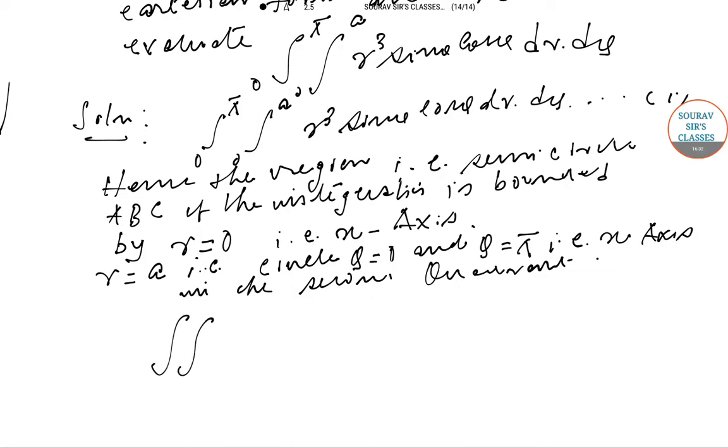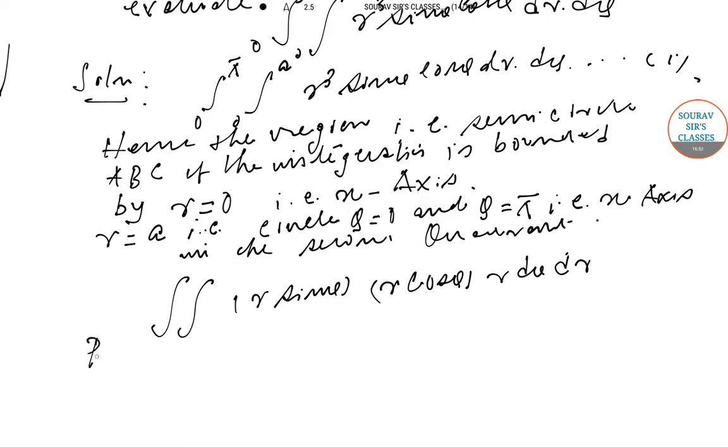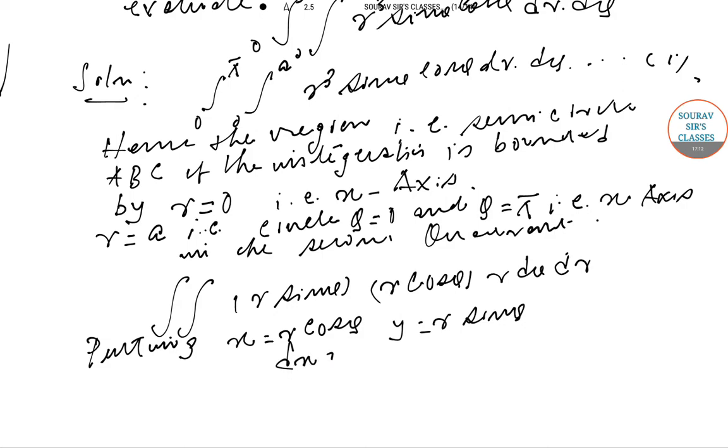So that gives us something like this: r sin theta, r cos theta, dr. Putting x is equal to r cos theta, y is equal to r sin theta, instead of taking dx dy it is r d theta dr. Okay, the dx dy is r d theta dr. So what you get is,